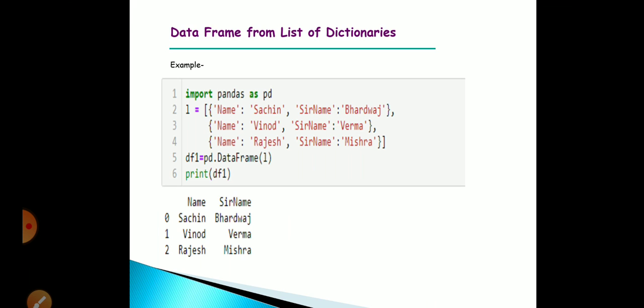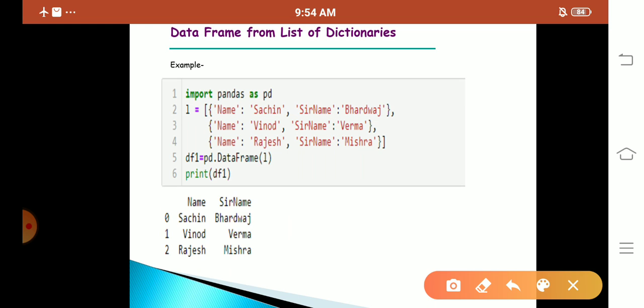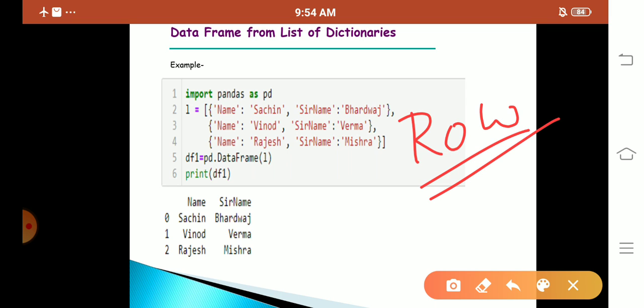Okay, so see, first name is Sachin, next surname is Bharadwaj. In the second, in the name column you will get Vinod, surname is Verma. Like the key and element method, it has been followed here. This is a list of dictionaries. In this the row wise data is being evaluated, and in the previous one the column wise data is being evaluated. The simple difference, you can see how the arrangement has been done. So by these two methods you can import your dictionary into your data frame.